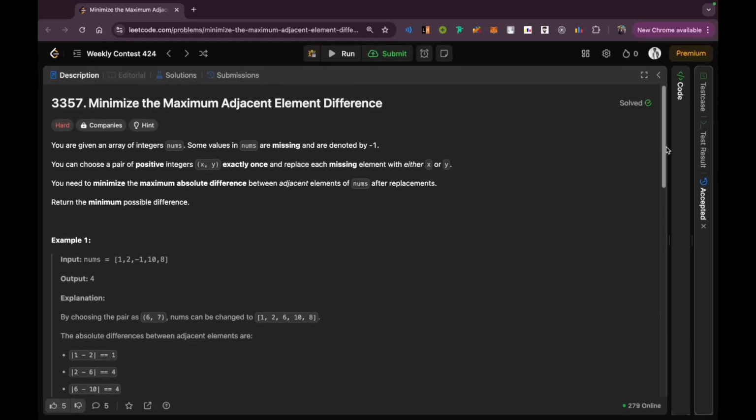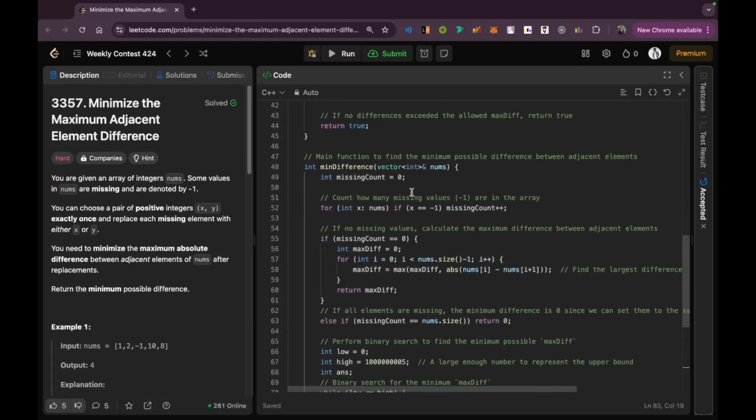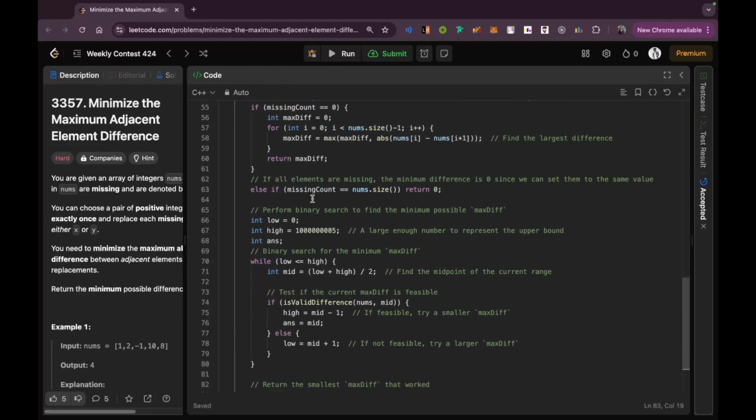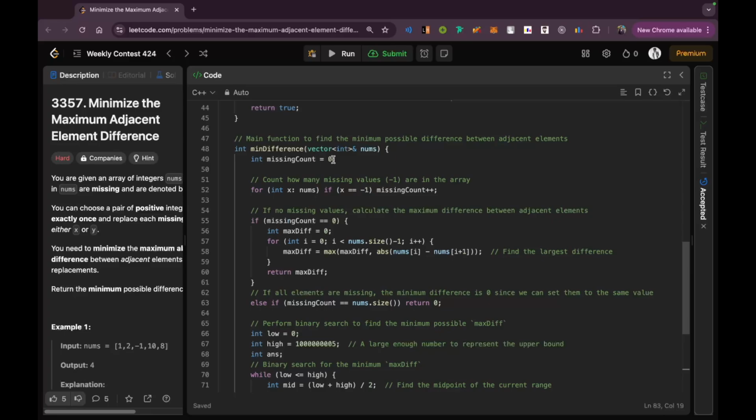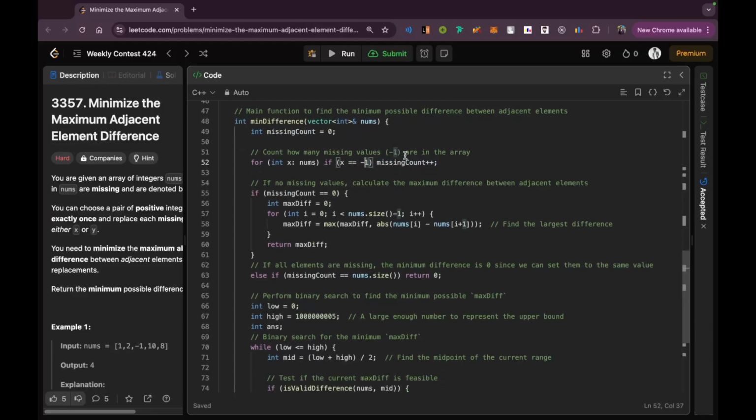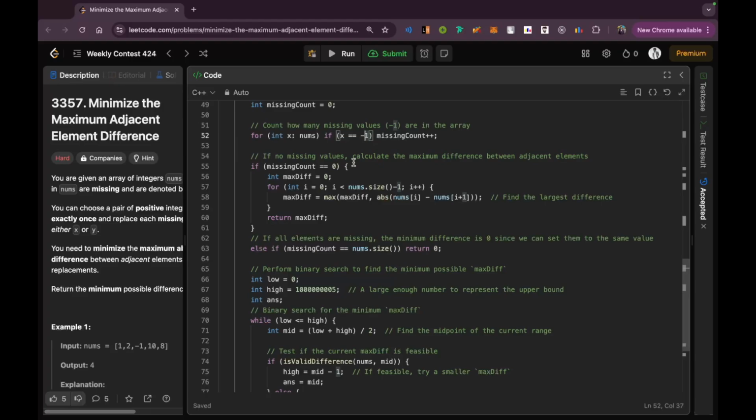Let us try to see the code part now. It's going to be a bit lengthy. Let's see this quickly. So I have done something extra over here. This is what we are trying to do to just counter the base cases. We'll say that I have a missing count variable with me. That is basically how many numbers are missing, how many numbers are -1. And what I'm doing over here is I'm first counting how many values are -1 in the array. Now why am I doing this? Because I have some small cases I can just cover